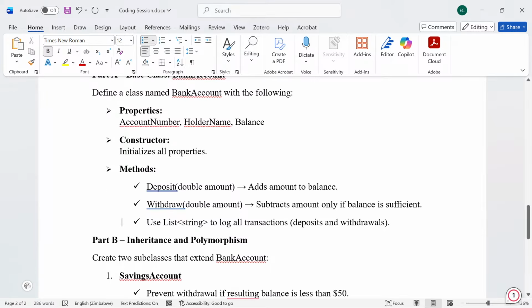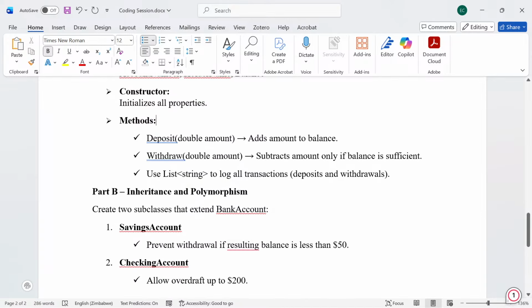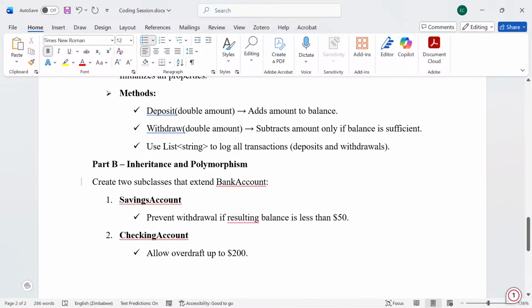And we are going to use the list to log all transactions, which is all the deposits and all the withdrawals that we are going to do, something like that. And after that, we are going to do part B, which has inheritance and polymorphism, where we are going to create two subclasses that extend the bank account,